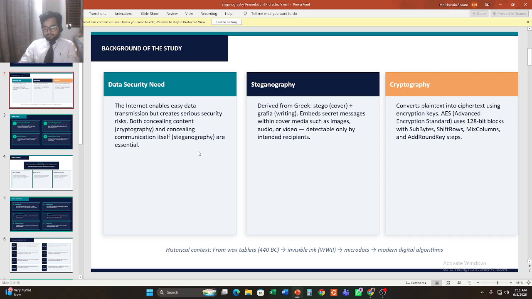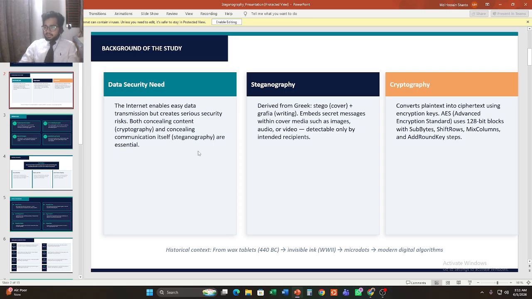The key is simple. Even if someone intercepts the message, they can't understand it without a decryption key. Cryptography has roots going all the way back to ancient Egypt and Rome. Today, it is the backbone of secure digital communication, from banking transactions to email encryption.